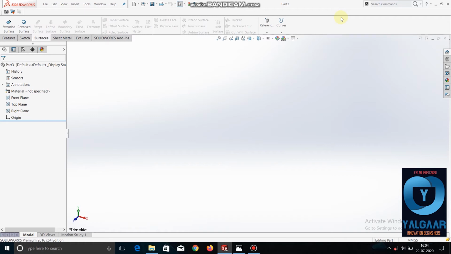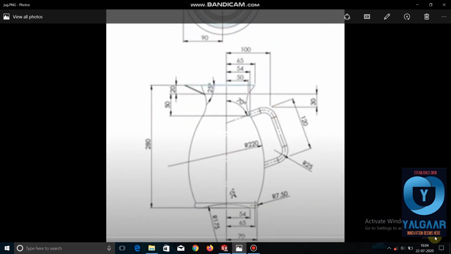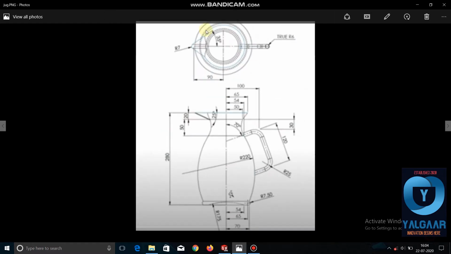Now we will take one assignment. The image is not so clear, but you can understand what it is. We have to draw a jug in surface modeling. We will start from the bottom. Here we can see the radius of the hollow part of the jug.